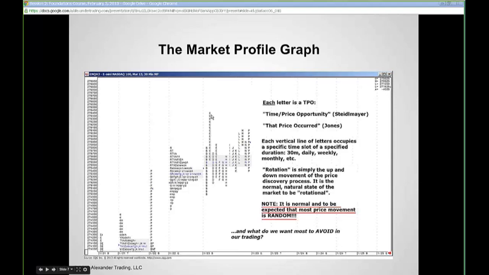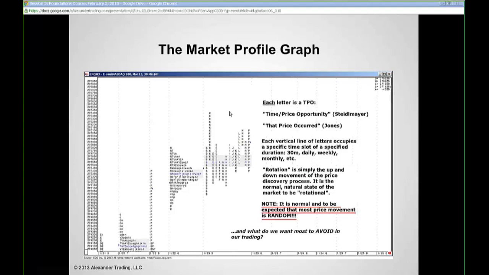Now, understand that in a 30-minute profile, each rotation, each vertical bar, each slot is 30 minutes. You will only have one print in that 30-minute period, no matter how many times price passes above and below that particular price or prints at that price. Now, each of these vertical lines is a bar chart. You can have a 30-minute, 60-minute, 5-minute, daily, weekly, monthly, etc. So the chronological protocols can change, and you see me frequently change